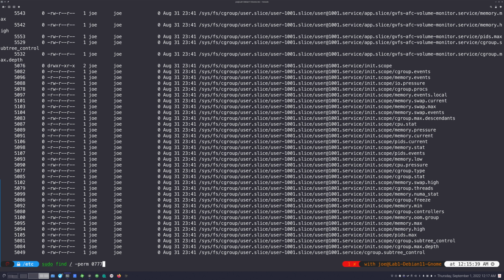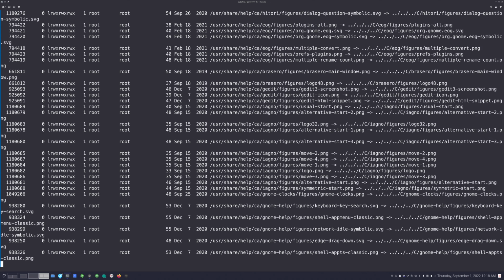Now I'm going to get output with this command because there is a specific type of file that will, actually, I'm going to leave the long list on so you can see what kind of file it is. There is a specific type of file that will always have 777 permissions. But anything other than that kind of file should never have 777 permissions. And you should never have to chmod that particular file type to 777, because if you do, well, it doesn't matter. It's always going to be that, and if you chmod it to something else, it's just going to go right back. So let me show you what it finds.